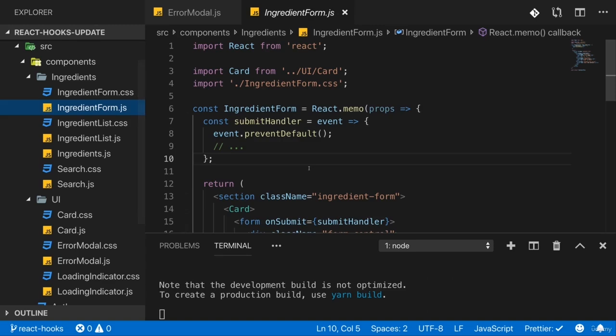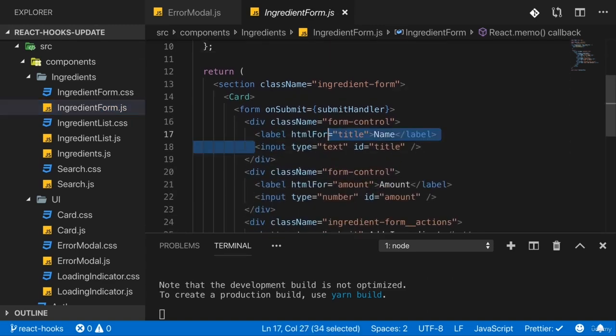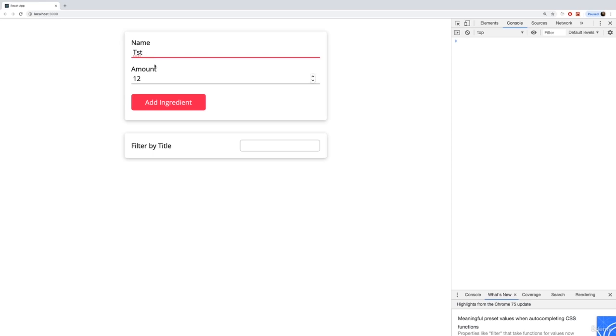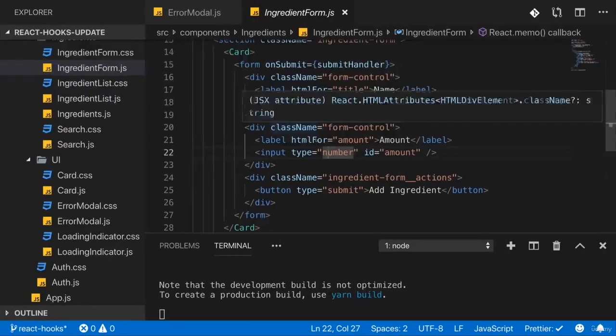And let's start with the ingredient form.js file. There we have a couple of inputs. And one thing we typically would do here is that we bind the input the user enters to some state property, and we update that state on every keystroke and then send the value back into the input, right? That's that two-way binding you'll learn about in this course, and we did this multiple times when we work with inputs. I want to do the same here because ultimately it all starts in this app here with us gathering the user input